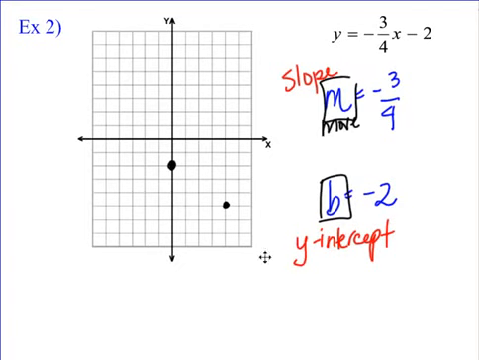Okay, so now I have a line. And really, you only need 2 points to draw a line. You don't need any more than that. And you want to extend your line all the way through your points and make sure that you have arrows on the end of them. And then you can see there's our line. Now you need to